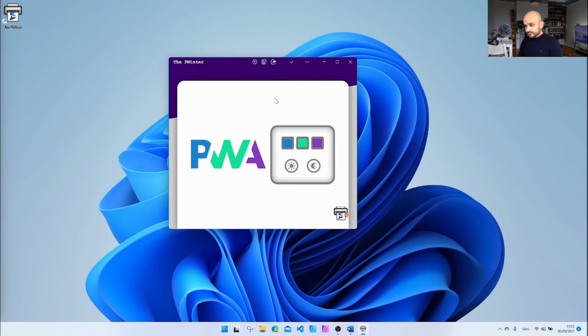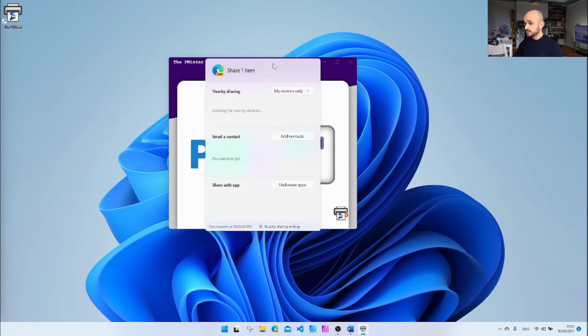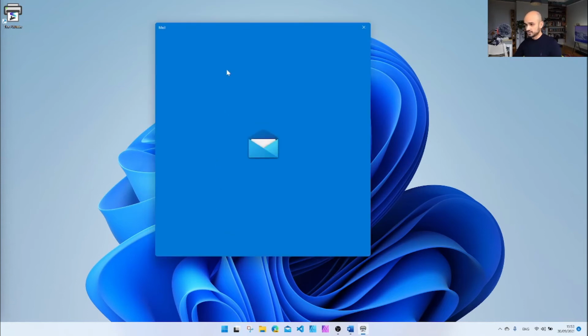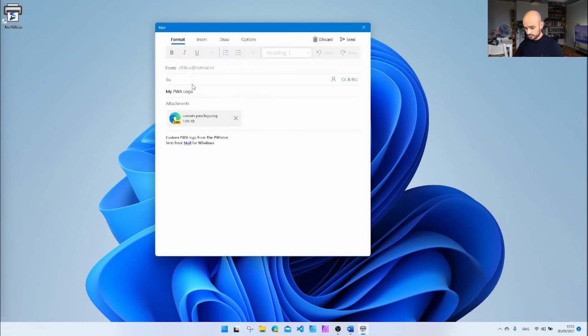So when I'm ready to share this logo, I can, in this case, use the WebShare API. The application is generating an SVG file, and I'm taking this SVG file, and when you're invoking the API, it will call the native OS share prompt, and in this case, you can see that there is an item that is attached, and I can go and share. In this case, I'm going to email it from myself to myself.